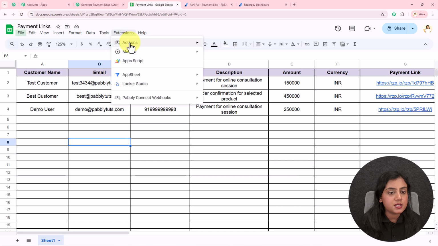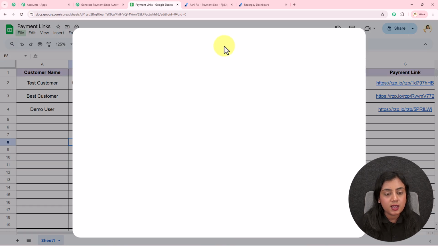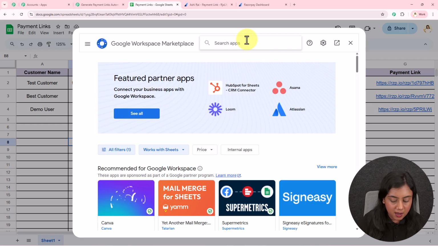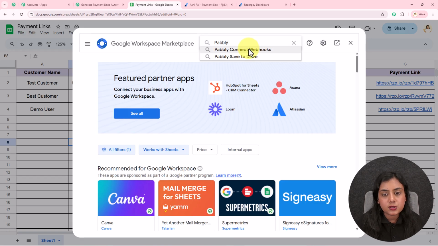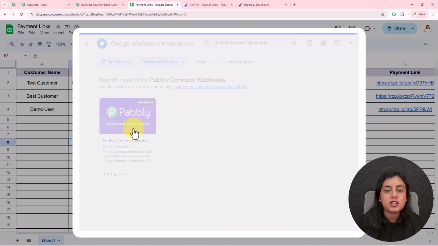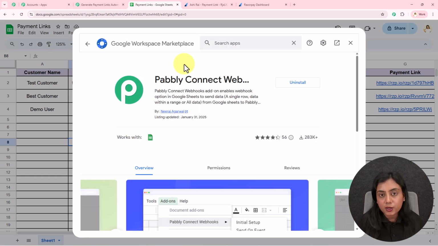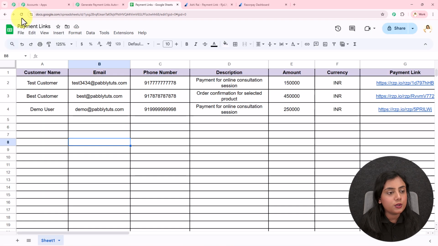From the panel, go to Extensions, Add-ons and Get Add-ons option. And then you will see this window in front of you, on which you go to the Search Apps bar, search for Pabbly Connect Webhooks, go to it and then install this application inside Google Sheets and activate it, okay? Because using this application, we are going to create the connection between Google Sheets and Pabbly Connect, okay? Now, simply after installing, go back and refresh the